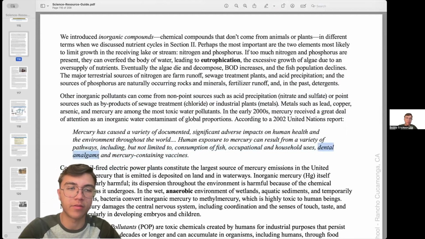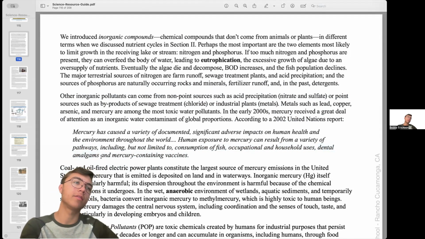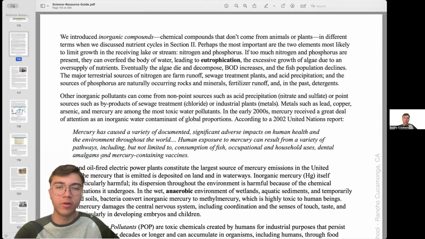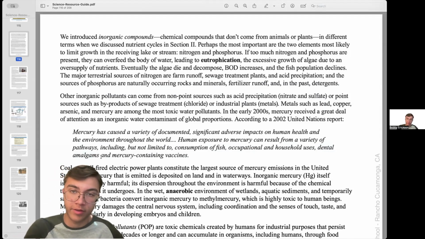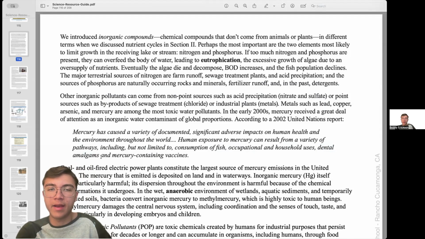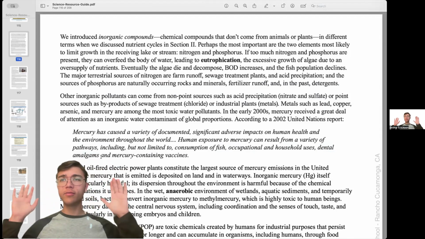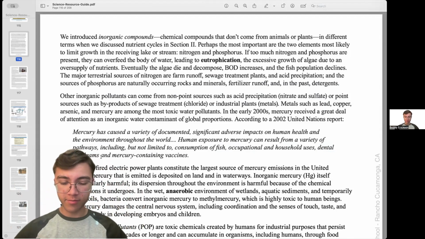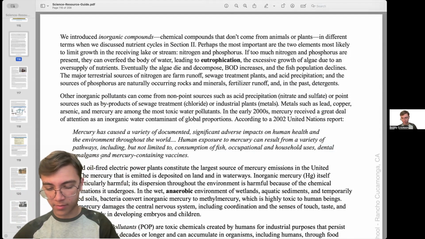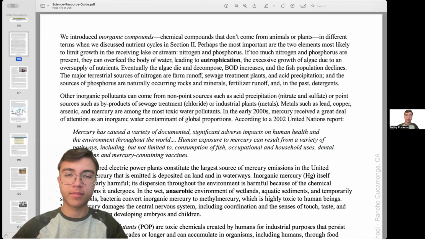as dental amalgams. So if you remember, we can think of, oh, metal going into your mouth for dental work. Okay, that could have been mercury at one point in the early 2000s at least. And then we had consumption of fish. That makes sense because mercury will have polluted the water. Occupational household uses, that's just water in the house that mercury hits. And then the vaccines, apparently. There's a conspiracy, maybe. I could imagine people creating a conspiracy of not making vaccines because they have mercury in them, when in reality, there were only probably a very select few that had mercury in them.